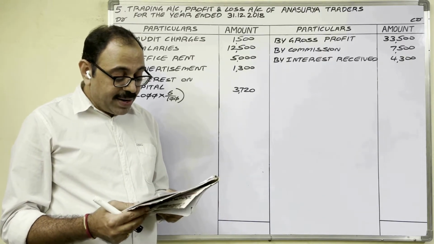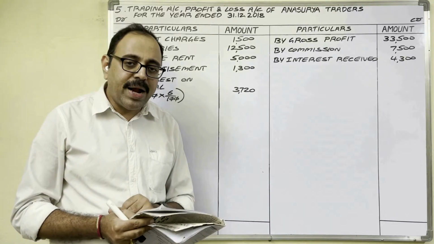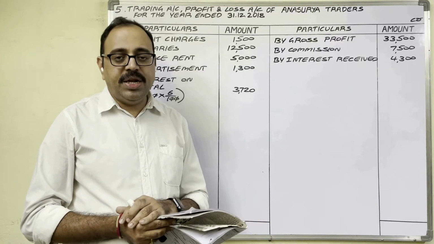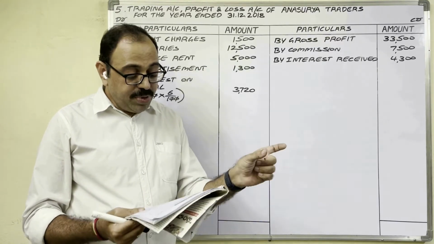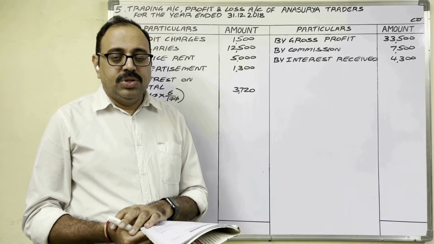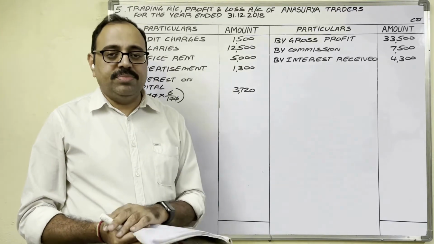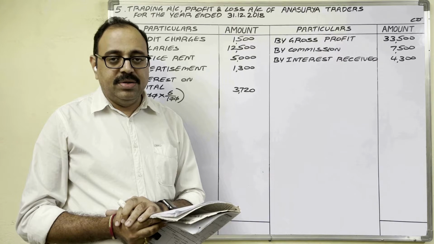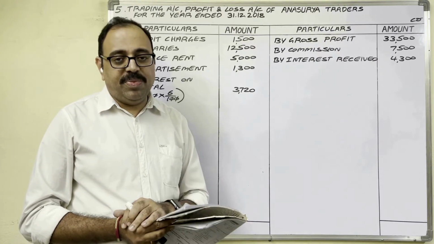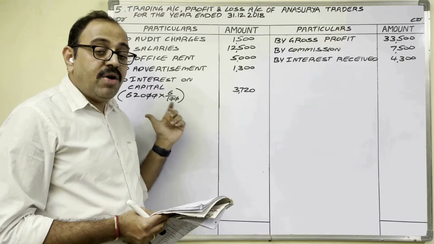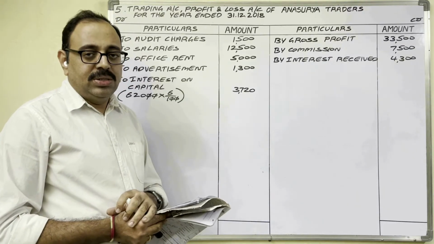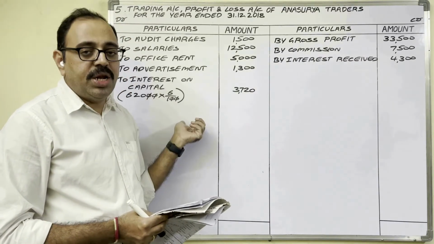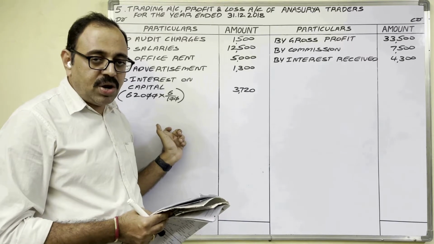And provision for bad debt 5%. Provision for bad debt means what? Doubt. According to our previous experience, we are estimating that in this debtor amount 5% also may not come. That 5% may come, may not come. Chances are 50-50. In that case, we have to provide provision for bad debt. Why? The reason I explained in the fourth problem. So bad debt is a loss. Provision for bad debt is an expected loss. These two losses we have to show on the debit side of the profit and loss account, because the profit and loss account is a nominal account. So on the debit side we have to show expenses and losses.